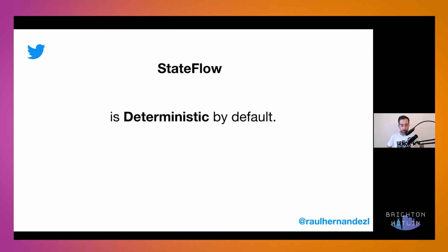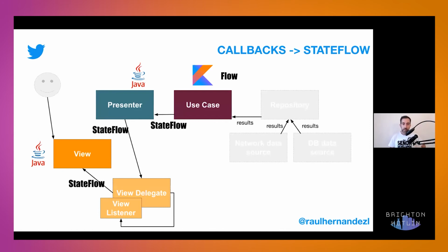Right? And this also proves that Stateful is deterministic by default, which means that if you have already created this instance, when you are collecting the value of the Stateful, it's not going to be mutated. So you have different entities in between. If you have different layers, you emit one value here, point A, and you collect in point C, it's going to be the same one. So this is going to be deterministic by default. And that means that we can just change those things that we have over there, and the implementation for me is going to be just switching between the callbacks and creating those Statefuls instead of those.